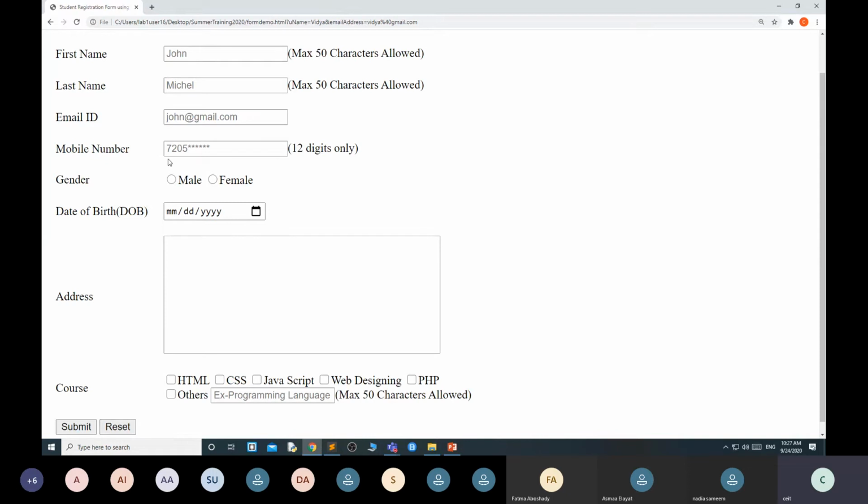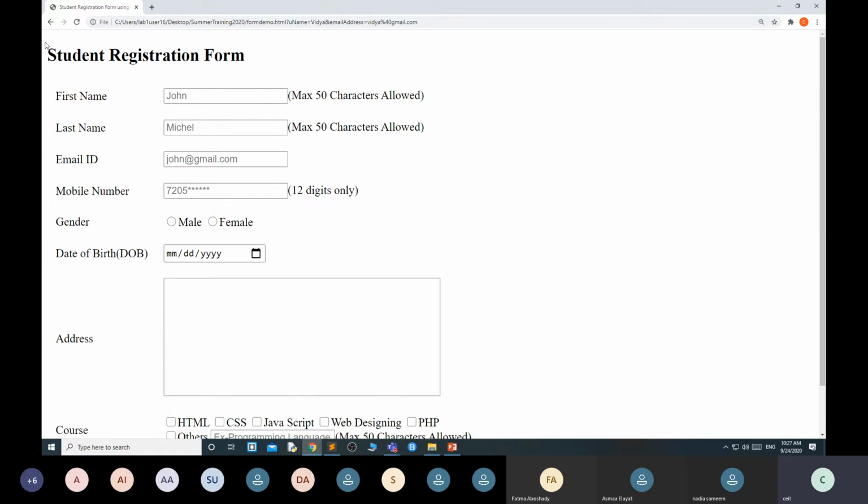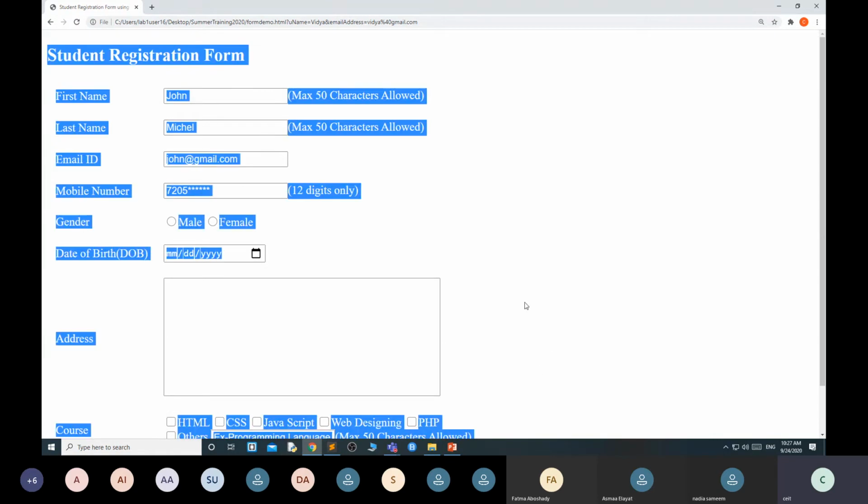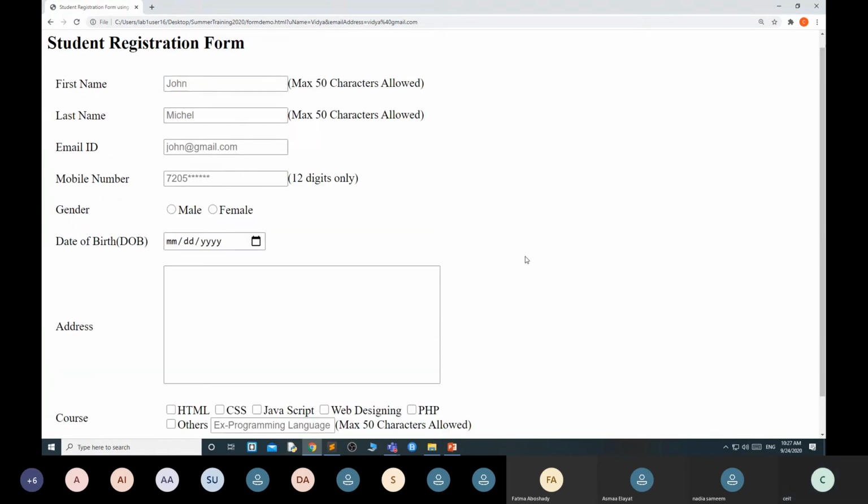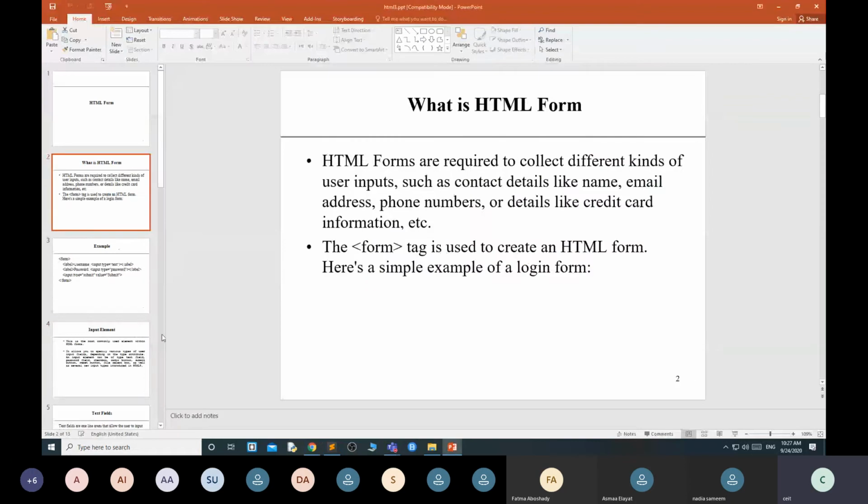Click reset, everything gets cleared. Reset means it will clear all the fields. Submit means once you click submit, it will accept the user information. This is the basic table form we have created using the table. I hope all of you understand.